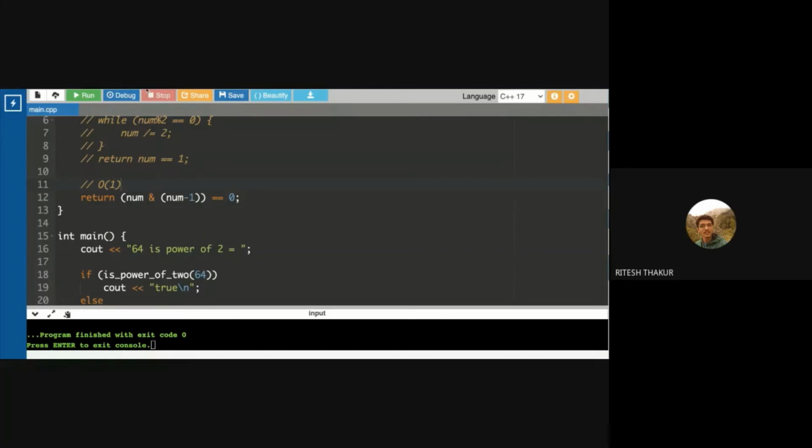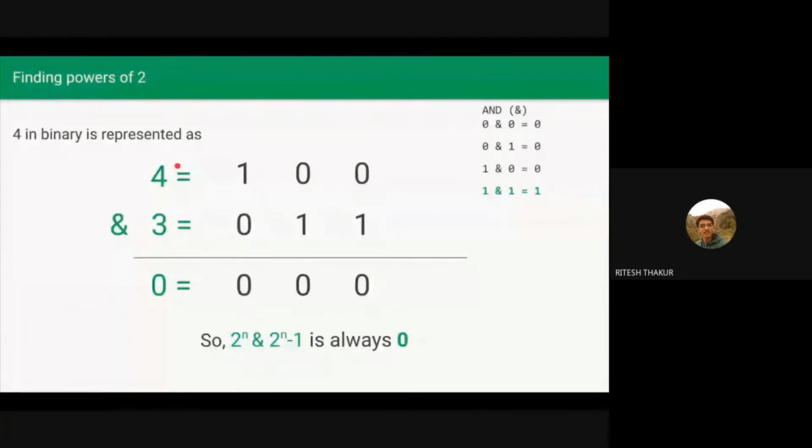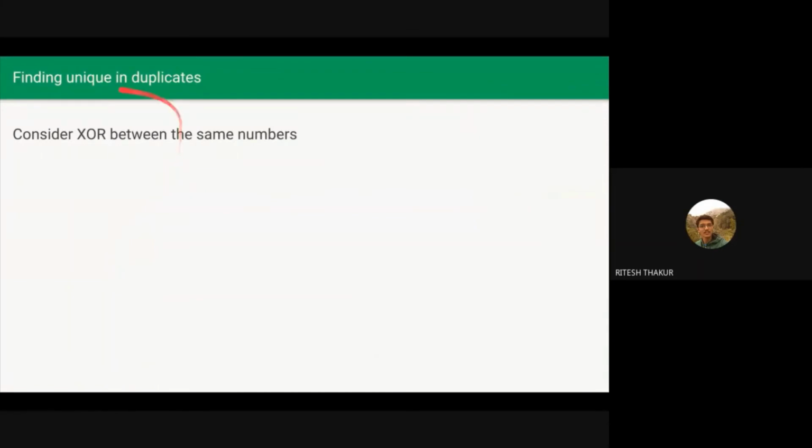Now let's look at the next application, which is finding the unique number among duplicates. By that I mean, let's say we have an array where there are duplicates. Say 1 is repeated 2 times, 2 is repeated 2 times, but there is one number which is unique. We want to find that unique number. For that we could use a while loop or a for loop, iterate over everything and find it. But we can also use the XOR property. Consider this example as an exercise for the XOR property rather than a practical application, because I want to explain the advantage of using XOR.